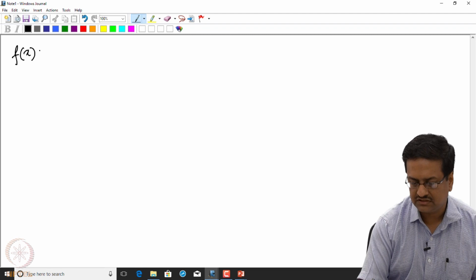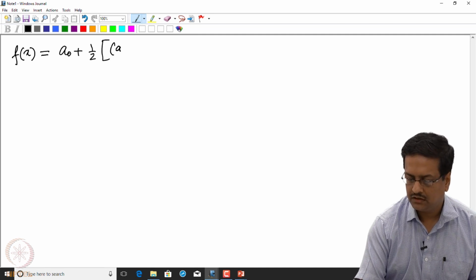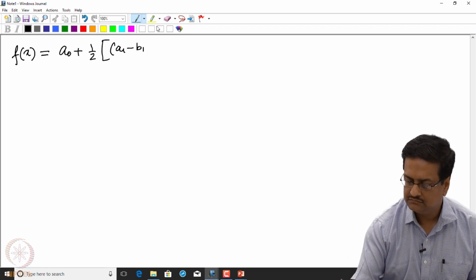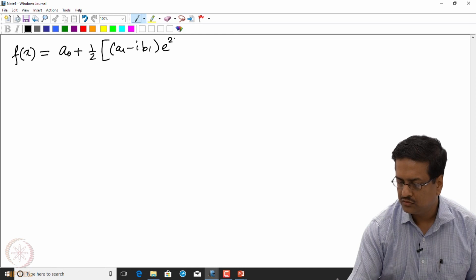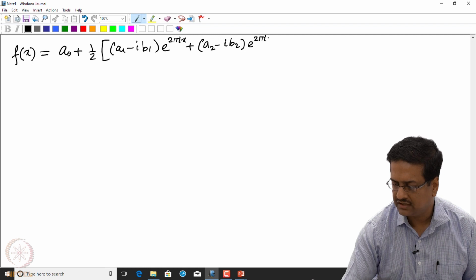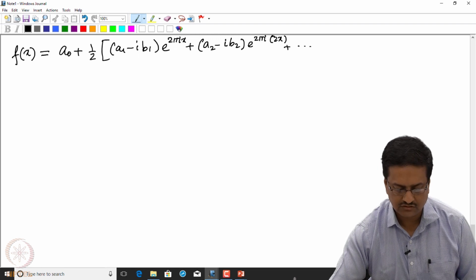We will rewrite this expression for f(x) equal to a0 plus half (a1 minus i b1) e to the power 2 pi i x plus (a2 minus i b2) e to the power 2 pi i 2x plus so on,